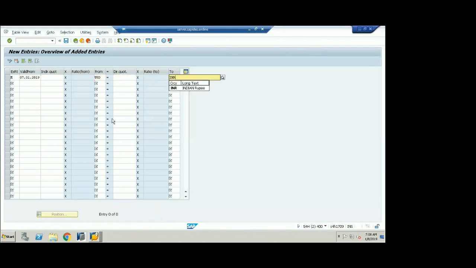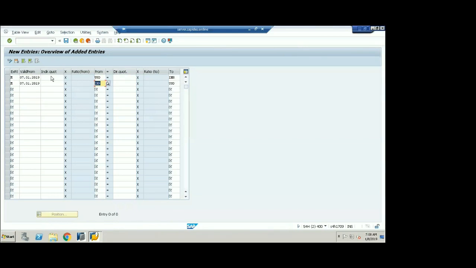This is called a direct quotation, and I'll also maintain the indirect quotation, both quotations dated 01/01/2019. This I will upload. INR to USD is the indirect quotation. One is USD to INR, what is the rate, and the other is INR to USD. $1 is equal to how many rupees? Say 70 rupees is equal to $1.